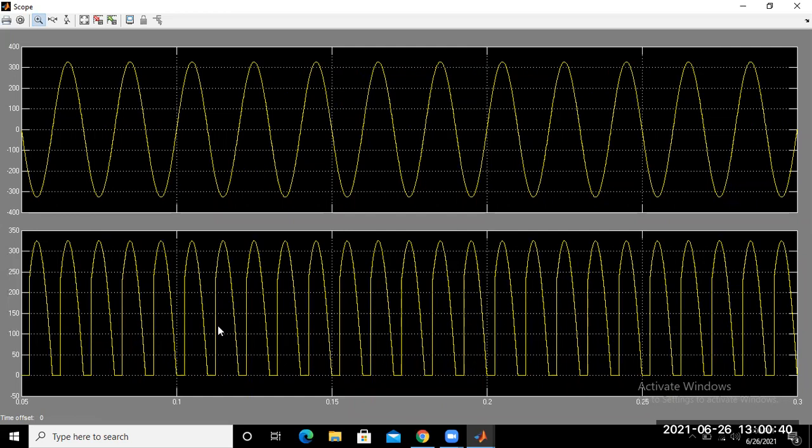So fine. This is the output voltage of the single phase full wave phase controlled rectifier at the phase angle delay of 45 degree. Simply you may find out for other values. That means you may consider phase angle delay 60 degree, so you change all the pulse generators accordingly.